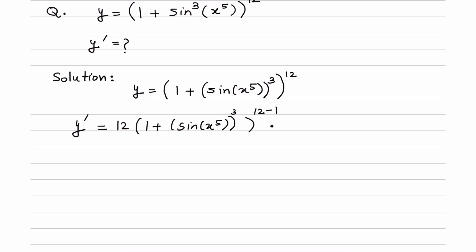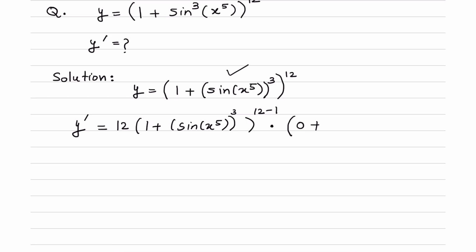This is multiplied by the derivative of whatever is inside the whole power. Now the derivative of this inside term is the derivative of 1, which is 0, plus